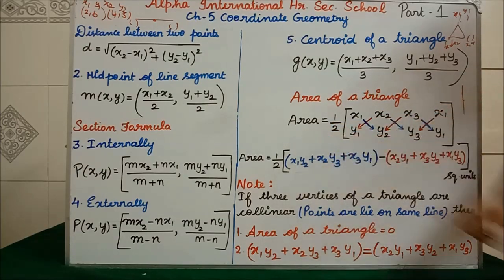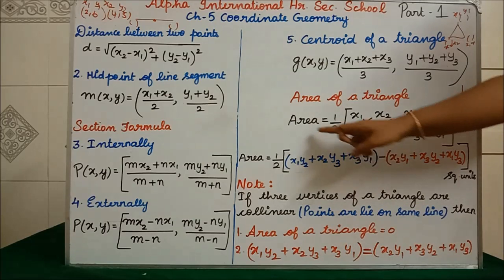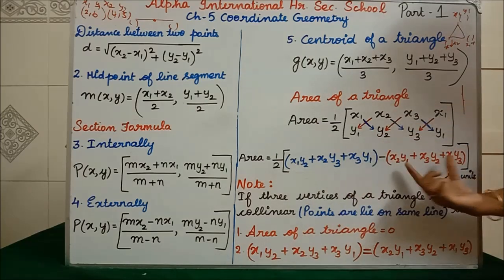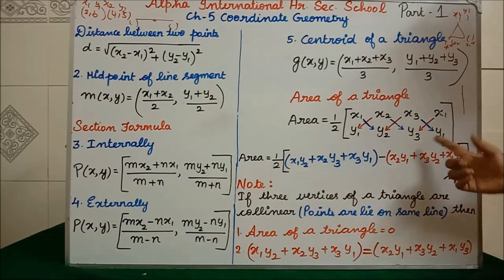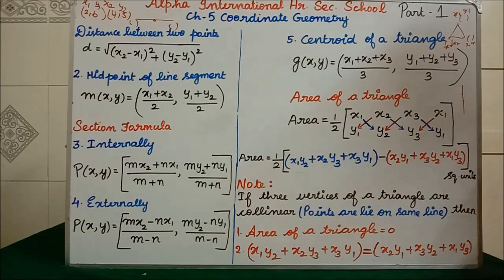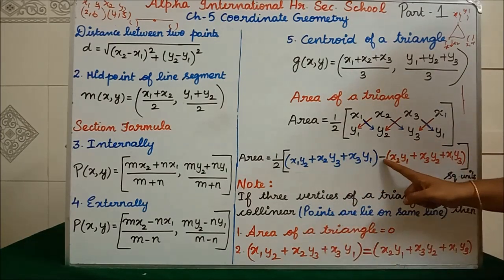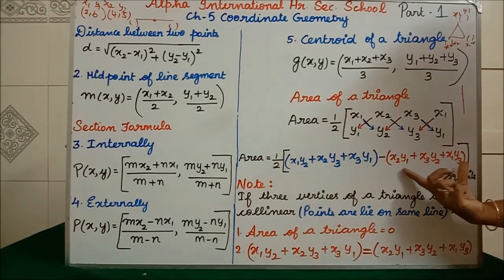Here we can write this triangle area as 0. If you cross multiply, what will we get? This 2 goes to that side, 0 into 2 is 0, isn't it? So 0 is equal to this term minus this term. This minus term, if it goes to the other side, will become positive. So first you can write area of a triangle equal to 0, or otherwise you can write this part; in between, in place of the minus, we can write equal to, and then this part.